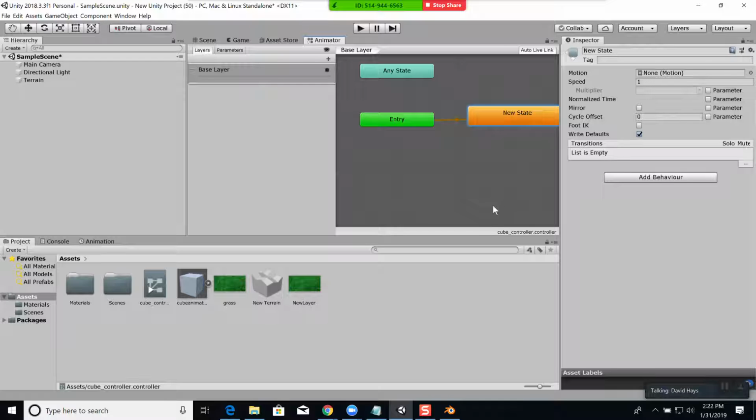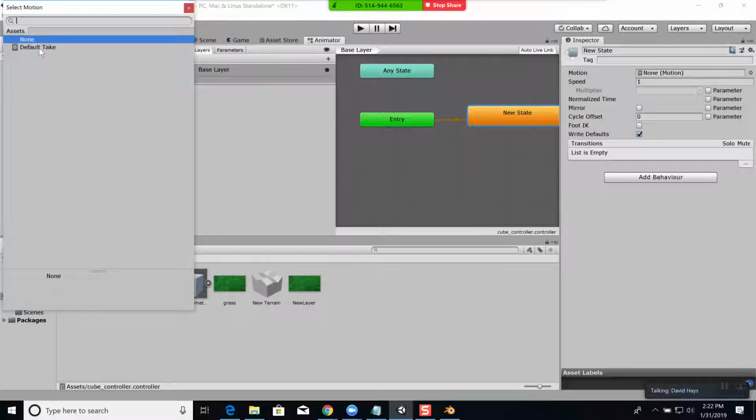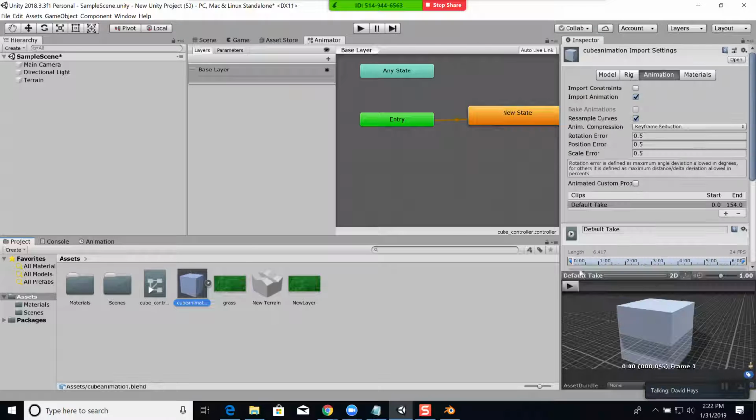Now we looked at this with some of the earlier animations today, and we could change the speed of it in the game. Well, there's also a motion here. If I click the little circle on the far right here, I can choose default take. This is the animation that came in with the Blender file. Like if I click the Blender here and come over under the animation in the inspector, you see it says default take. If I would rename that,